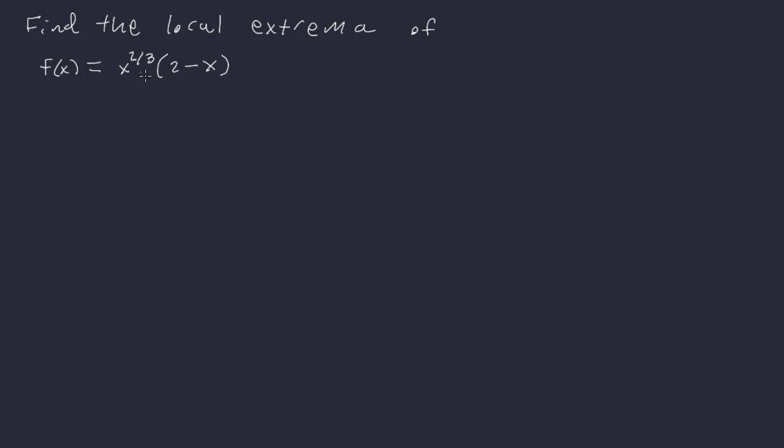All right, next up, let's find the local extrema of f of x equals x to the 2/3 times 2 minus x. I didn't spend much time talking about continuity and differentiability last time because we had a polynomial. Here, though, we have x to the 2/3. Now, x to the 2/3 is going to be continuous everywhere,